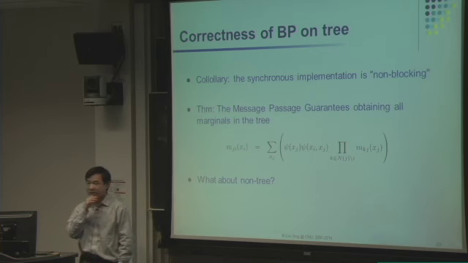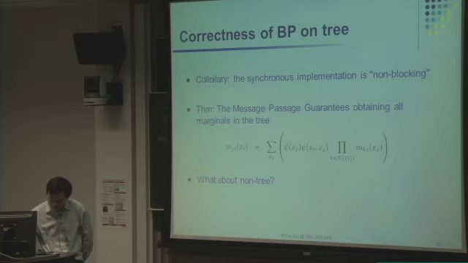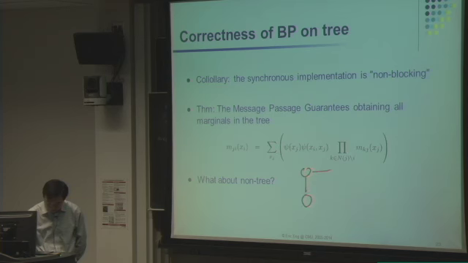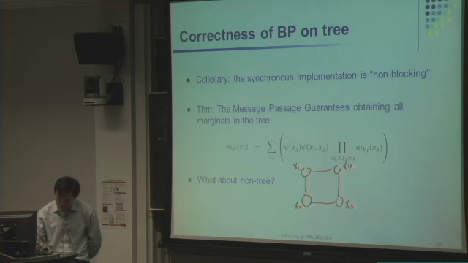All right, so now let me ask this very challenging question. This is the first challenging question in this lecture. What if I have a non-tree? Let me define a non-tree like this. I want to slow down a little bit and be very strict about that. X1, X2, X3 and X4. And obviously, the joint probability of X1 up to X4 is defined by only the nodal and the edge potentials. So it will be Z times